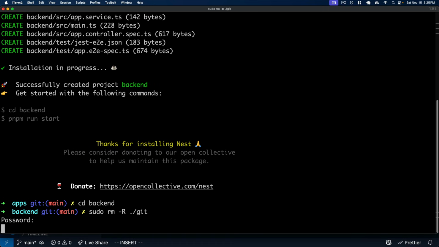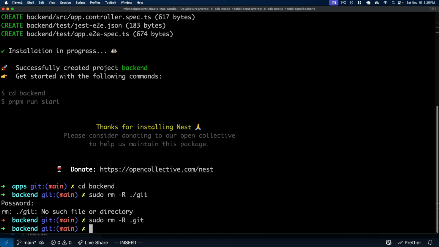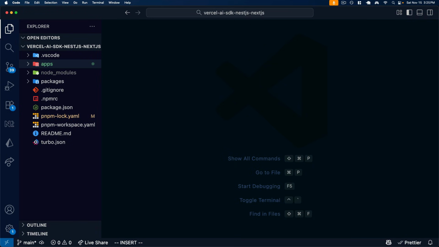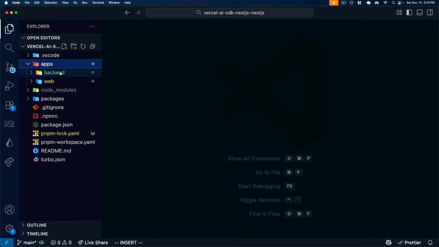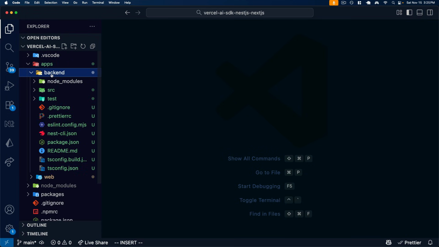this because we already have one at the root of our Turbo repo. So we'll go ahead and remove this. And so now back in VS Code, we can see in apps, we have the backend directory, which is our